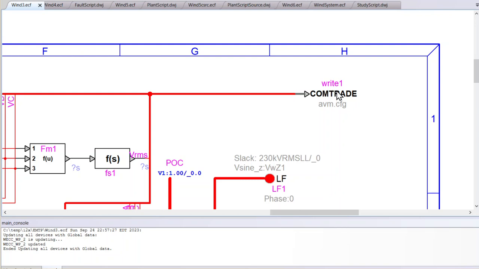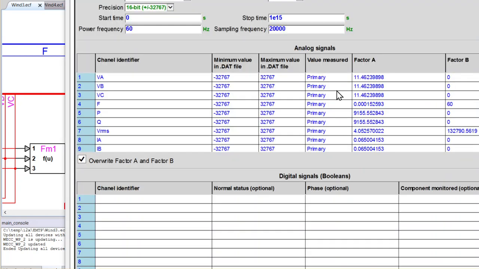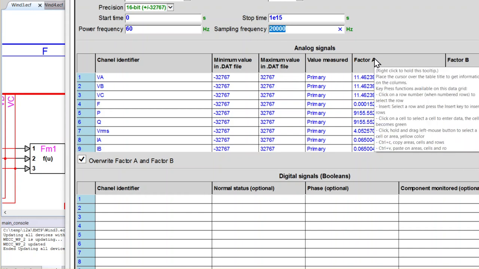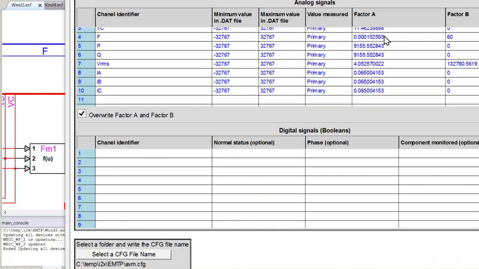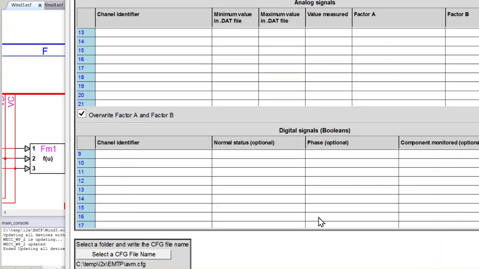And then my ComTrade writer component was set up to write to AVM.CFG. So I'm going to double click on this. The sampling frequency before for the average model was 20 kilohertz. That's capturing every 50 microsecond time step. I'm going to change this to 100,000. There we go, 100,000 right there. And I would also go down here